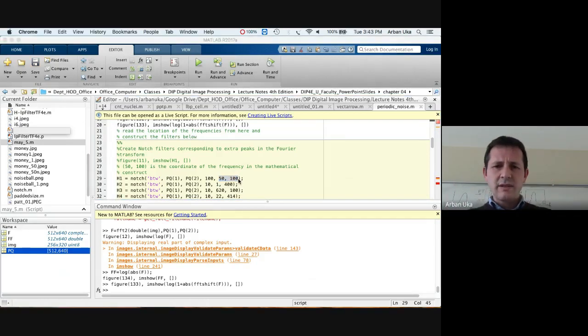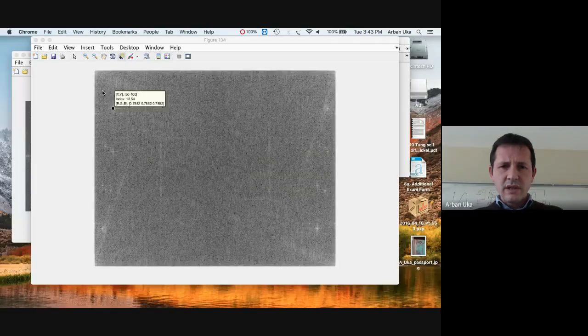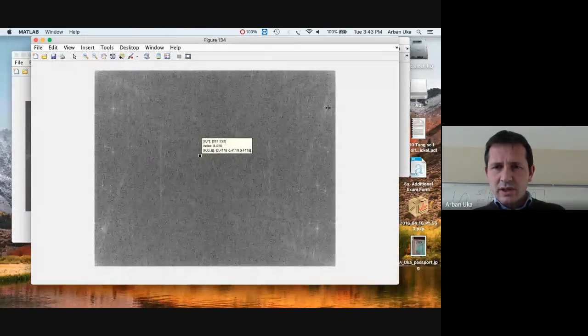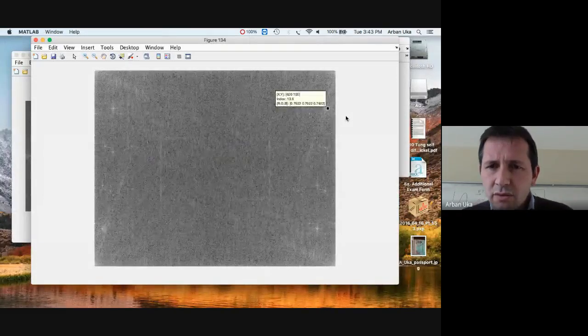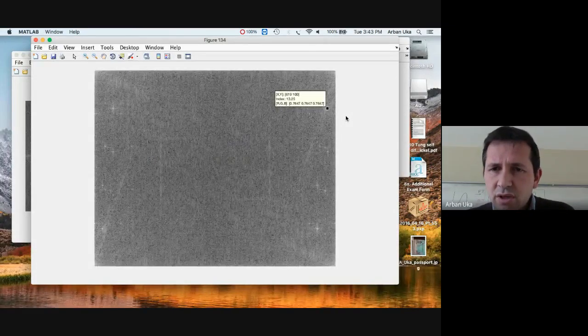Now, this was the location at 5100. Let's try to identify another location in the Fourier domain. So here we have a high peak, and the intensity is 0.79, 0.79. It looks like we found the